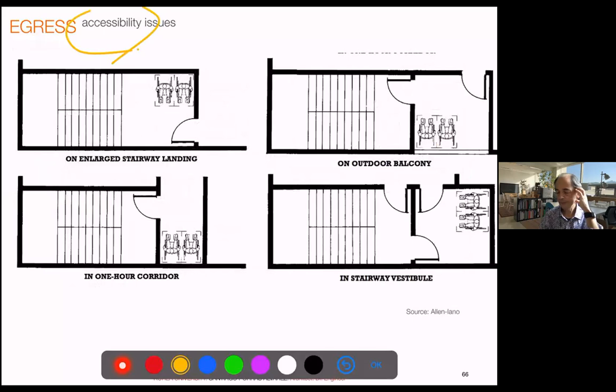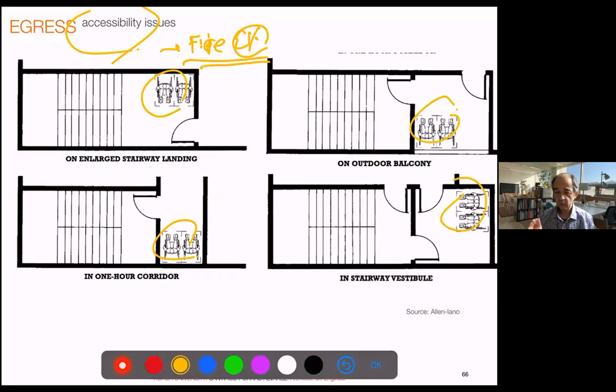On the accessibility issues, we have no solution for accessible fire escape. In that case, the fire elevator is the ideal, but fire elevators for the occasional disabled user may be okay. But if you have a building, say a hospital or a school for disabled people, they will need a lot of time to evacuate the building. In the case of the stairs, it's quite desperate because they give you a waiting space. So you have this one or two hours and hope for the firemen to rescue you on time and take you out of the building.